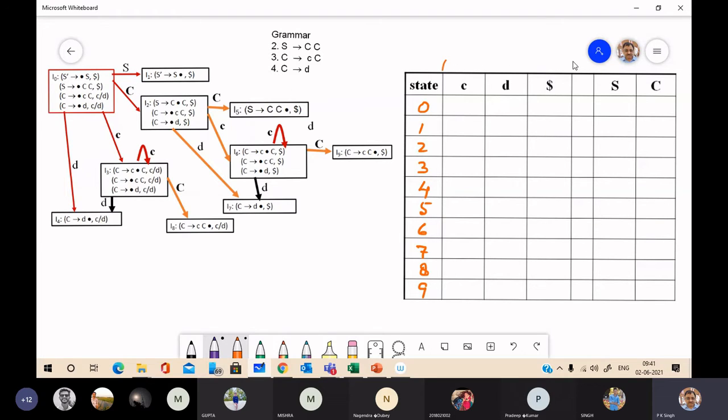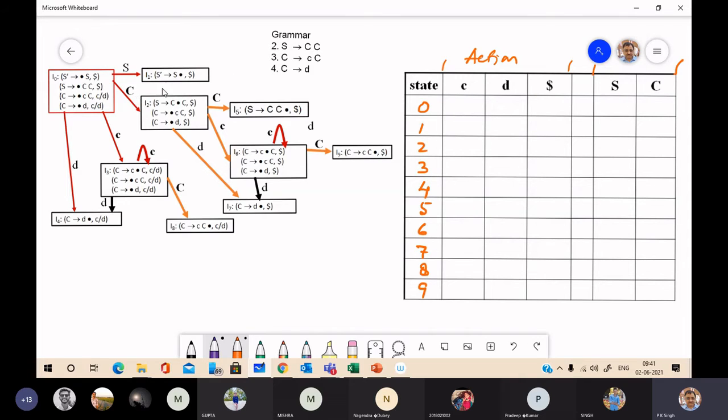From here to here, we have action, and from here to here we have goto. Now see I0. For item set I0, we have to construct state 0 of the table.